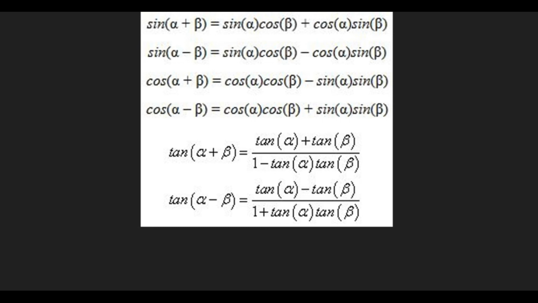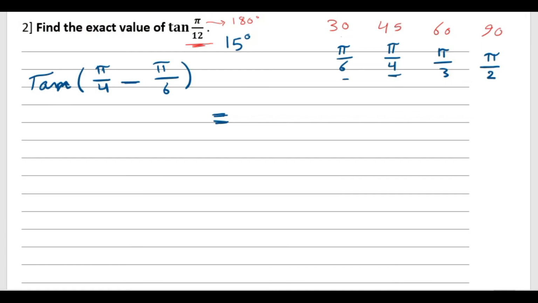The sign up is similar to the bracket, the sign down will be different. So we'll expand the rule with this expression: tan of the first angle minus tan of the second angle, over 1 plus tan first angle